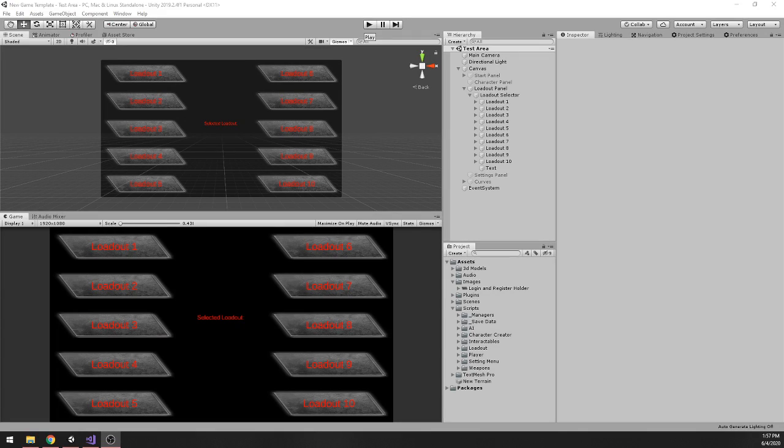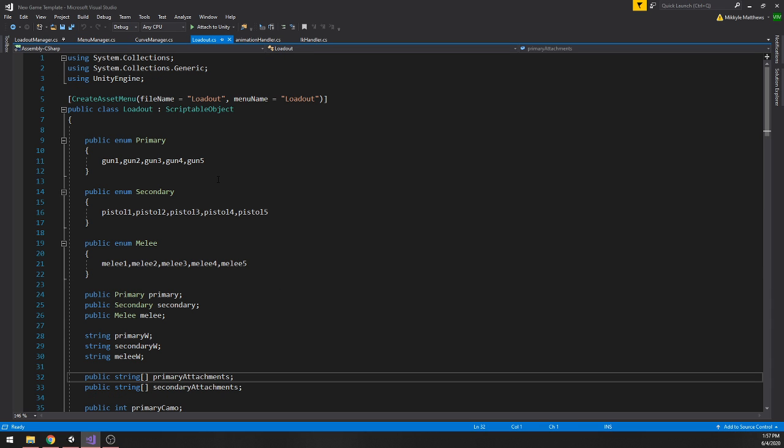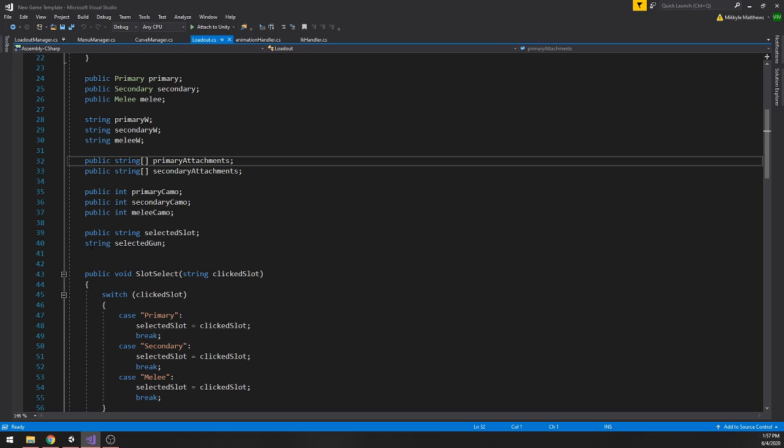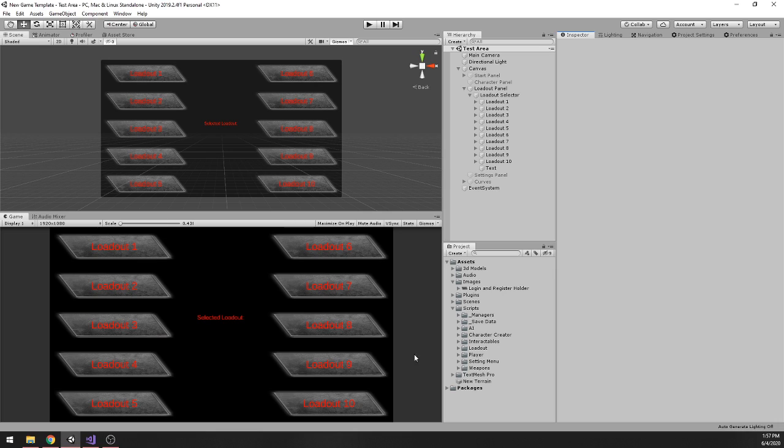Okay, so there's been a few changes for the last code that I made with the custom loadouts. I ran into an issue where I realized that how we did the custom loadouts as far as saving them inside of the loadout scriptable object, which was cool. The issue that I ran into was the fact that, as you remember,